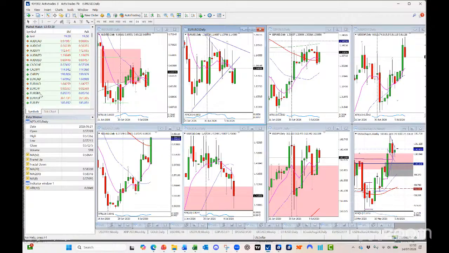So what is it showing me? This is my dollar profile. As always, Aussie on the daily, Euro on the daily, cable on the daily, dollar Swiss on the daily, Kiwi dollar, dollar CAD, dollar yen, and the dollar index. I always have these set up like this. I always start with the dollar. I want to look at the dollar index. The dollar's the big daddy. I want to see what it is doing. Is there any very clear trend in place?